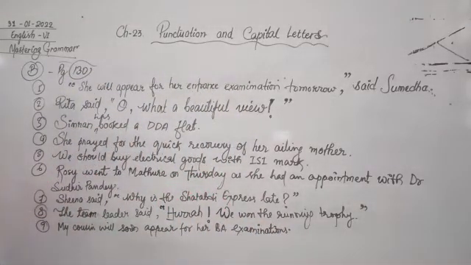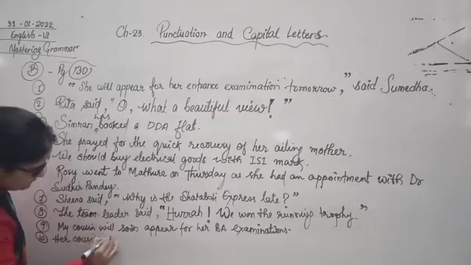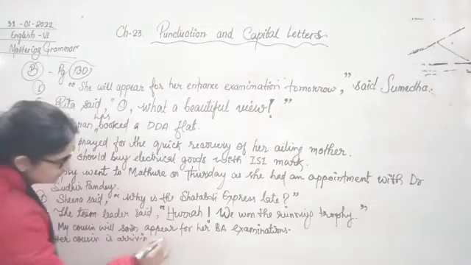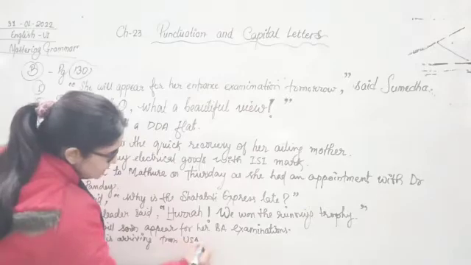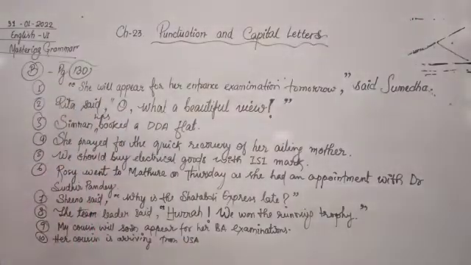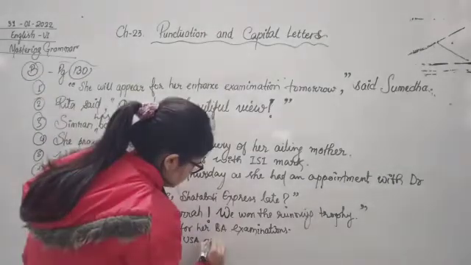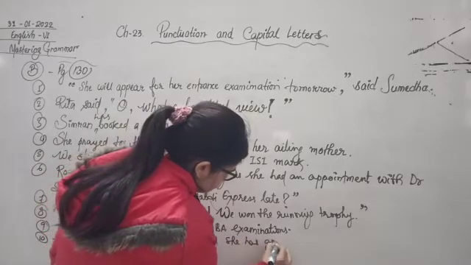Now number 10. Her cousin is arriving from USA. Number 10. Her cousin, H capital, is arriving from USA. U, S and A, all 3 in capital because it's the abbreviation for United States of America. And she has gone